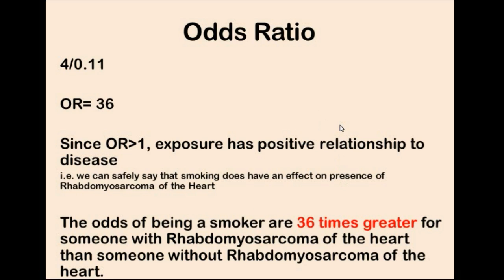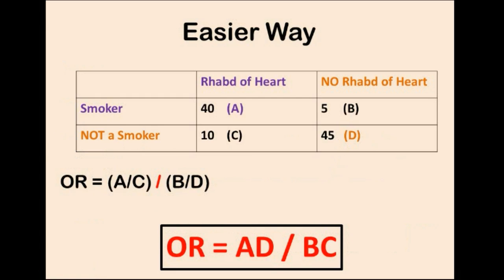Now this is just to understand the concept, but on the exam, you want to use an easier method. So you would make a table here, and here we would put the presence of the risk factor, here the absence of that risk factor, and here we have the people who are diseased, and here the people who are in the control group, meaning the ones without the disease or the outcome, in this case rhabdomyosarcoma of the heart. So in this column, all the people are from our case group, and all the people over here are from our control group. Ignore the letters right now,